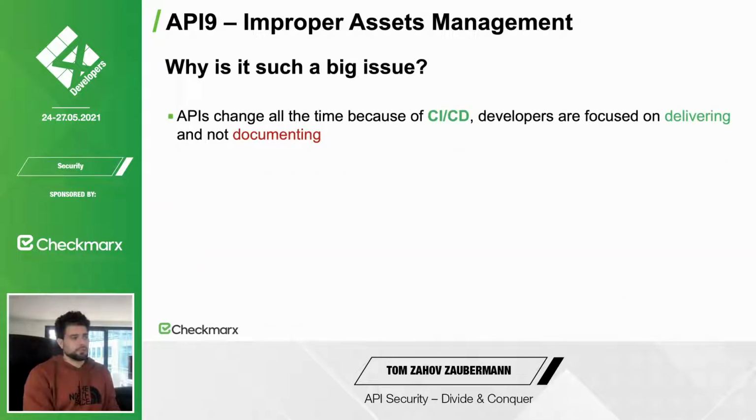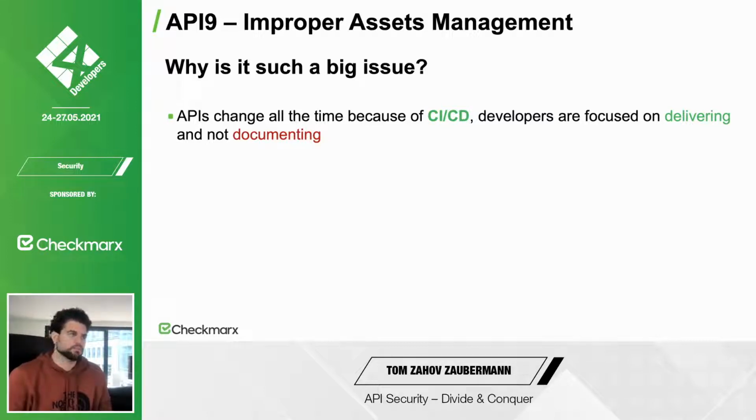Why is this such a big problem? Because APIs change all the time. We have CI/CD, we need to deliver fast. Usually, everyone likes to develop, no one likes to document. Even me, everyone, I guess you guys as well. So make sure that you document, make sure that at least you remember what you did